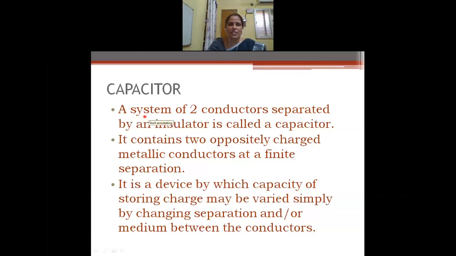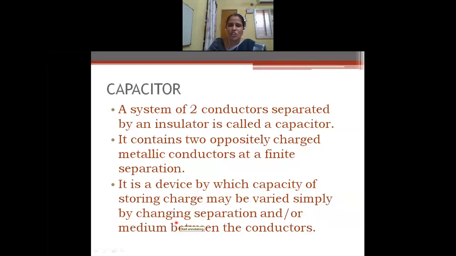So what is a capacitor? A system of two conductors separated by an insulator is called a capacitor. It contains two oppositely charged metallic conductors at a finite separation. We discussed this now, right? A capacitor is a device by which the capacity of storing charge may be varied